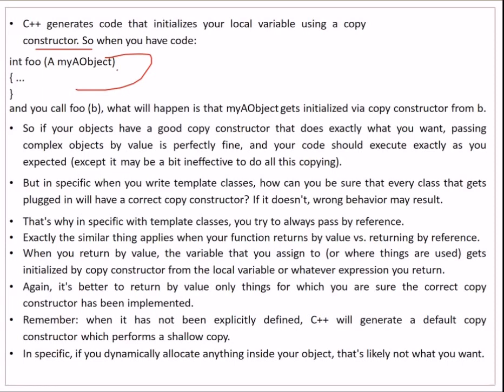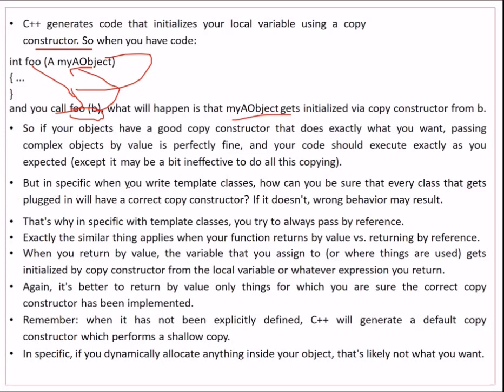So you can have code like this, and you call f of b. Whenever you call it, my object gets initialized via the copy constructor, from b. So if your objects have a good copy constructor that does exactly what you want, passing complex objects by value is perfectly fine, and your code should do exactly what is expected.